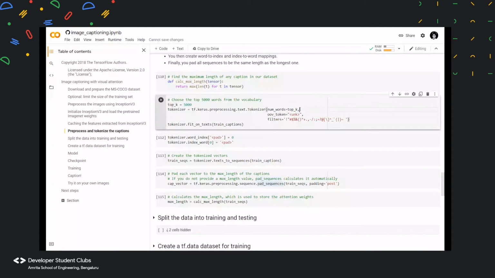And this is the tokenizer function, which is using 5,000 words for captioning. And here we have a particular token for when a word is missing, then it uses the unknown token as a placeholder for the remaining captions.